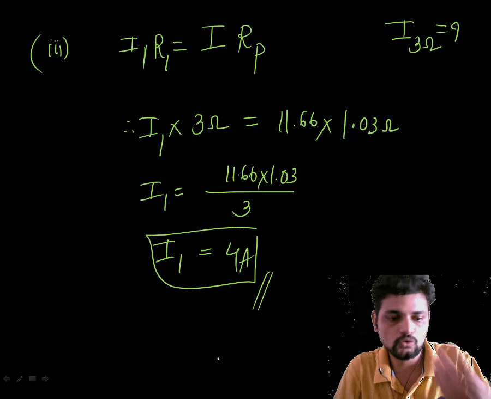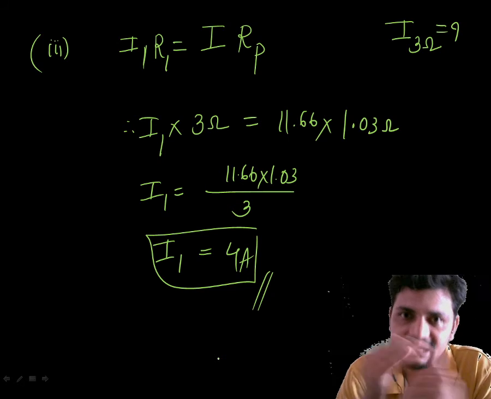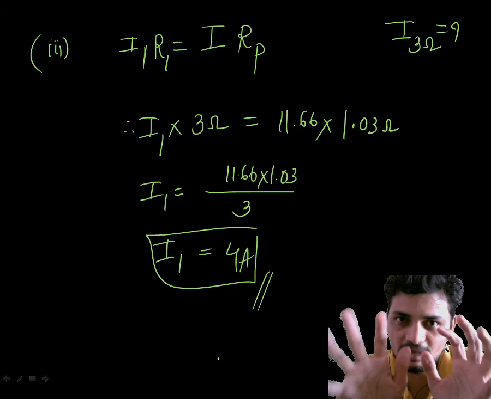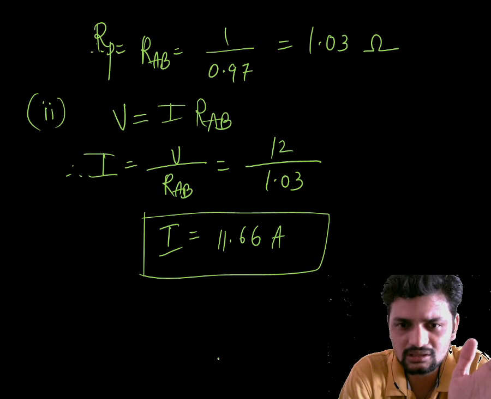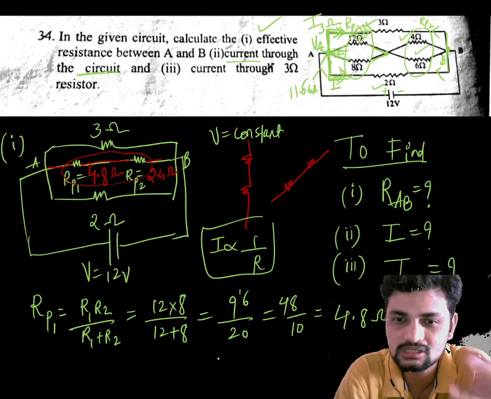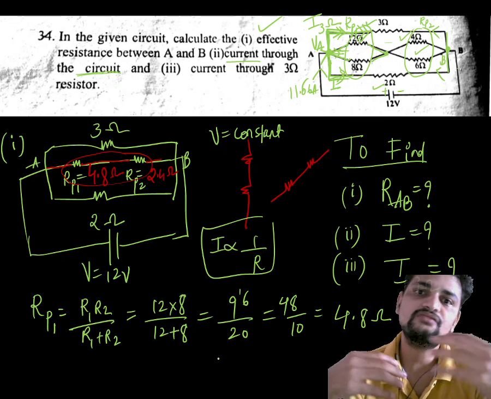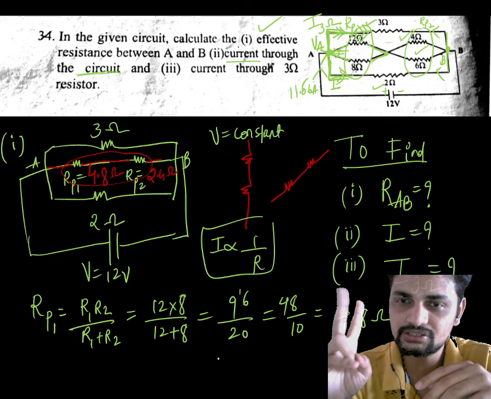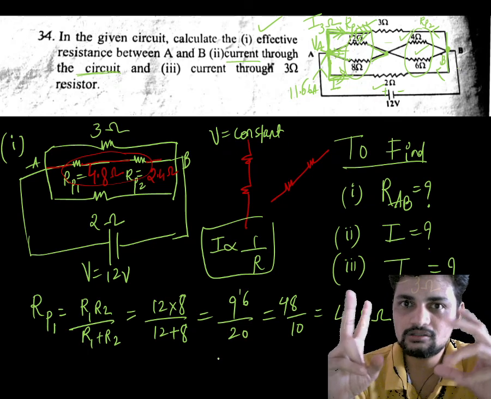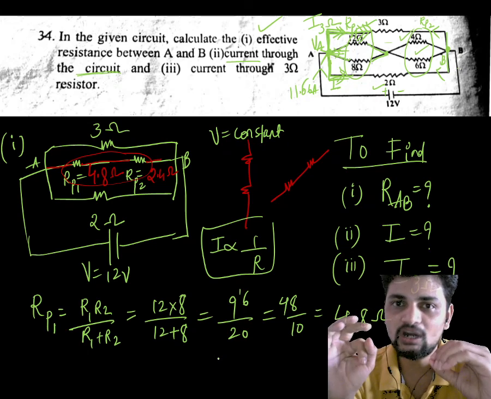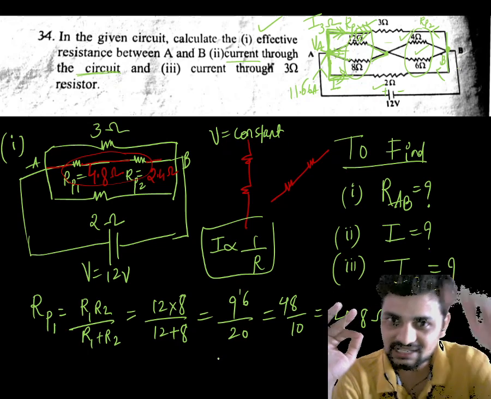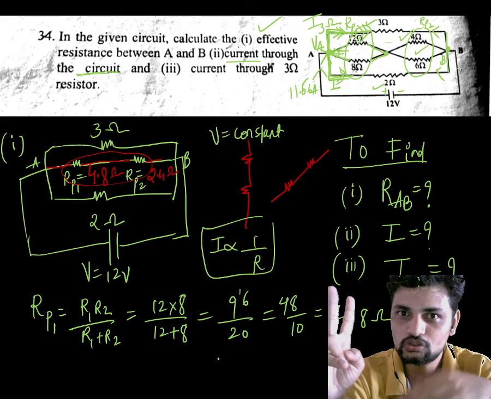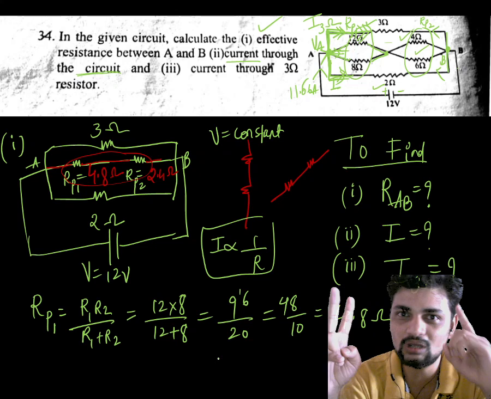Thank you all. I will be uploading a series of videos which are very important for 5 marks numericals. This was one simple question from current electricity, because the possibility of asking questions from the starting 3 chapters is very high. From the starting 3 chapters, you can expect a minimum of 2 questions. Out of 5, all you need to attempt is 3 questions. So if you master the numericals of the starting 3 chapters, that means you are done with 2. Among the remaining 3, all you need to find is one more question.